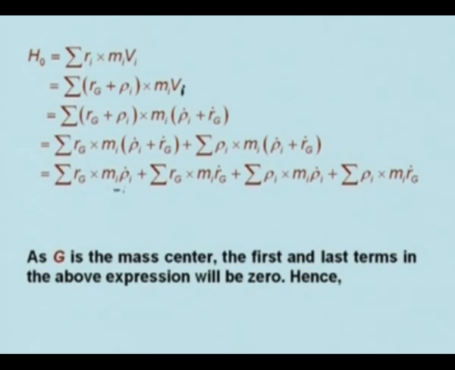You take the moment of mass and then differentiate it, so this term becomes 0. And the last term also, sigma rho I cross Mi R dot G, with sigma Mi rho I equal to 0, this term will become 0. So therefore this term also vanishes. Hence you have got